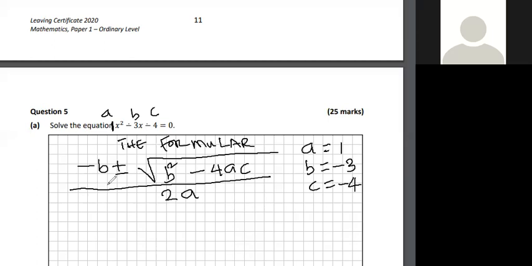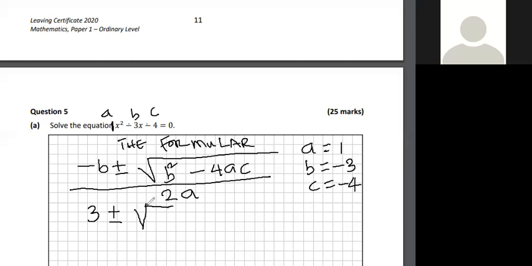Then all you need to do is come back to the formula and put everything in the formula. Now, if your b is a negative value, and you can see we have minus before the b, then everything turns back to plus 3. Because you have minus b, and your b is minus 3. Then followed by the plus and the minus,